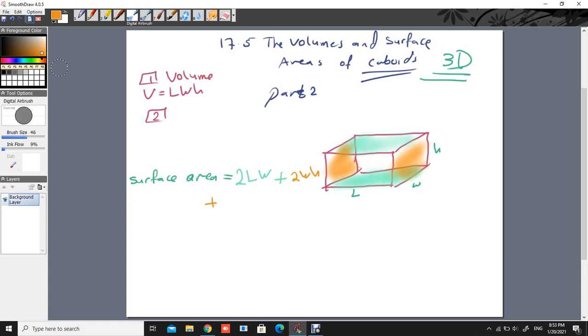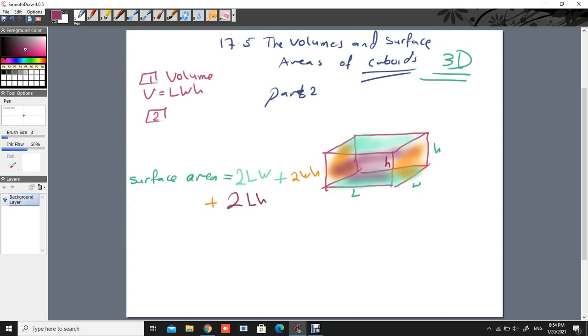Now here, the area of this one plus the area of the back one. So that's why 2, how can I find this? This is length, this is height. Length times height. So again, the surface area equals 2 times length times width plus 2 times width times height plus 2 times length times height. Again, when you use these formulas, the measurements of length, width, and height must be the